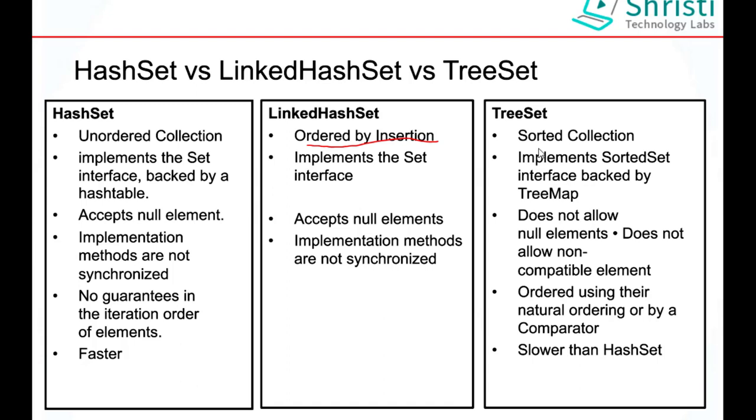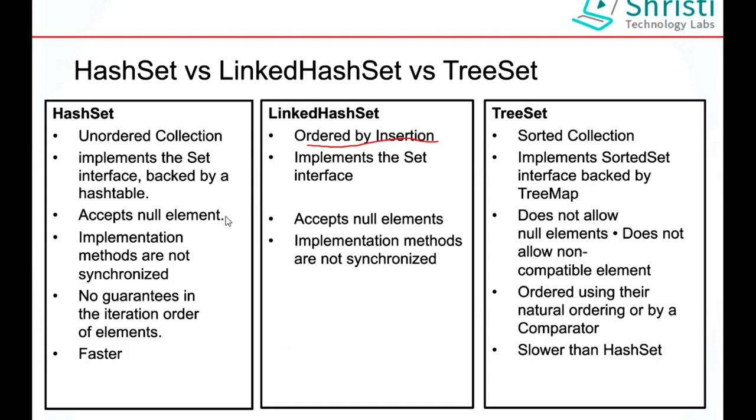Tree set. Tree set is a sorted collection, meaning that the elements are sorted by alphabetical order or numerical order. If you are going to work with inbuilt types, inbuilt classes like string or wrapper classes, in that case the elements will be sorted in alphabetical order in case of string and numerical order in case of wrapper classes. In case of custom classes like employee or customer, to sort the elements based on a particular criteria, the first thing is to prevent duplicates, you need to override hash code and equals. To sort the elements of these custom classes, your class should work with either comparator or comparable.